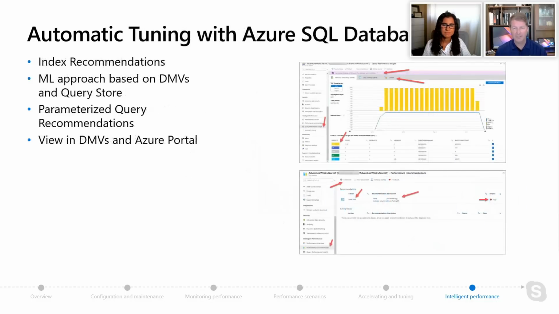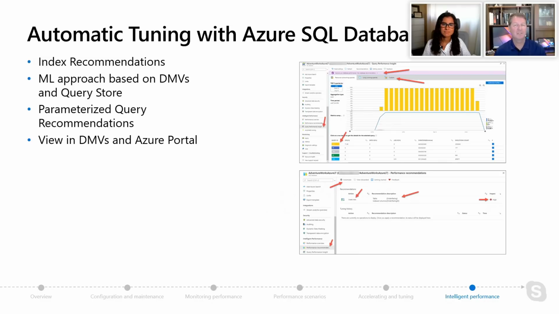But let's talk about automatic tuning. Technically, automatic plan correction is part of the automatic tuning family. But we decided as part of Azure SQL that we would develop technology using a machine learning approach to combine things like DMVs and query store to give you recommendations or to automatically apply indexes for your environment. Now, Anna, we've had a history in SQL Server of DMVs that talk about missing indexes. You can see it in your query plan. The query store can help you point that out. But we thought we would do a value-added service behind the scenes that monitors your workload and then gives you recommendations through DMVs or in the Azure portal for possible indexes that you should create or potentially even drop.